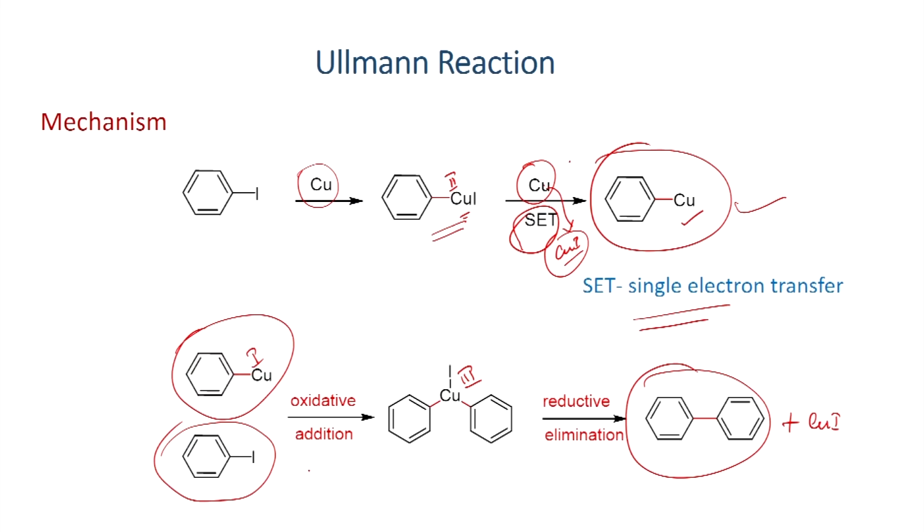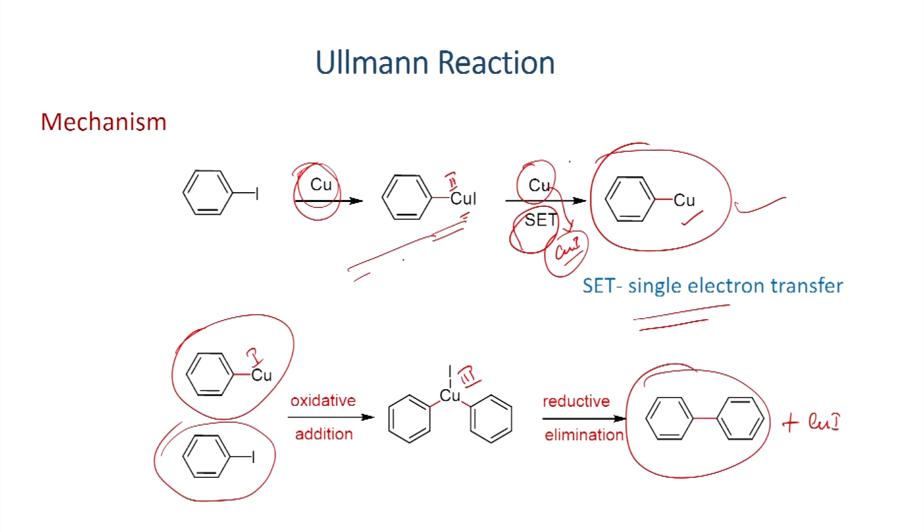If you see the Ullmann reaction, in the beginning it was carried out using a stoichiometric amount of copper. Later it has been converted into a catalytic system. If you carry out the reaction using ligands, the catalytic activity of the copper can be tuned. In the last 10 to 15 years, several methods have been developed for the Ullmann coupling reaction using ligands. The reaction can now be carried out at moderate temperature, below 100 degrees Celsius, at milder reaction conditions using catalytic amounts of copper salts.